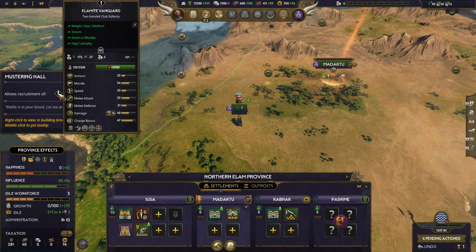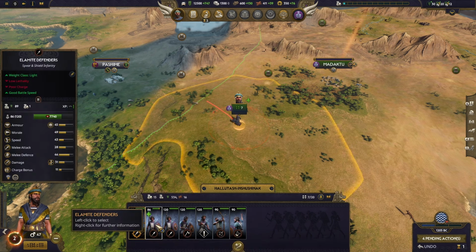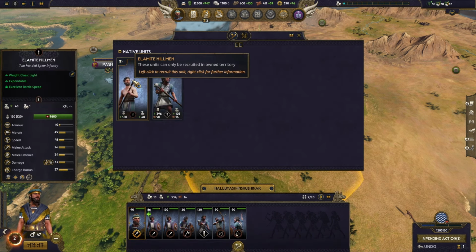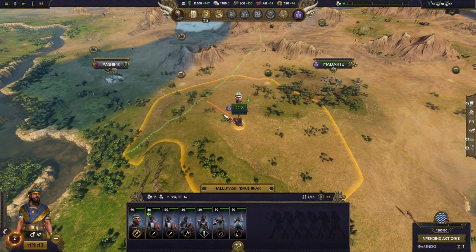It gives us access to the Elamite Vanguard unit, which is a pretty decent unit, but of course I want to recruit more than just the Vanguard and the Hillmen. The Hillmen are pretty... no, they're useful, but